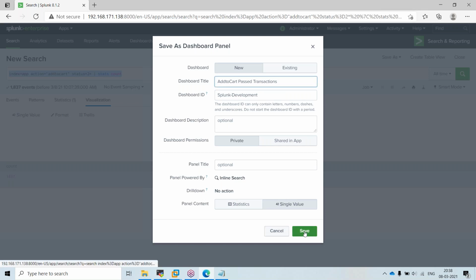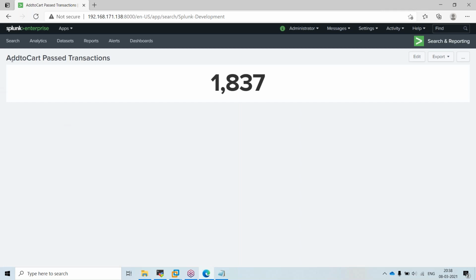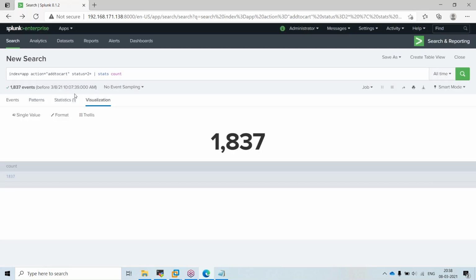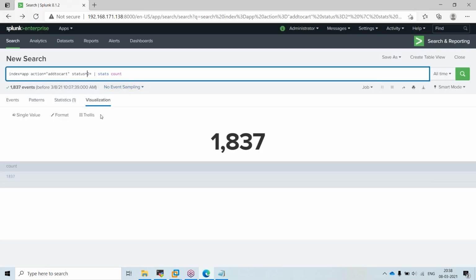Now if I click on view dashboard, here I'm getting add to cart past transactions. I will go back to my older page. Now I will give something like stats. Here I will give something like greater than.